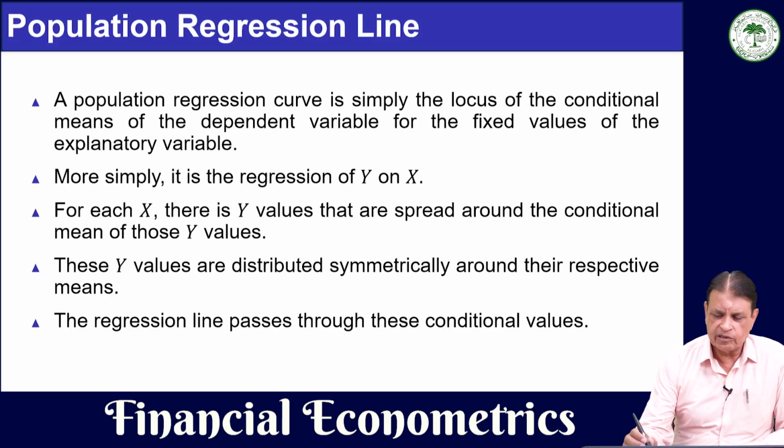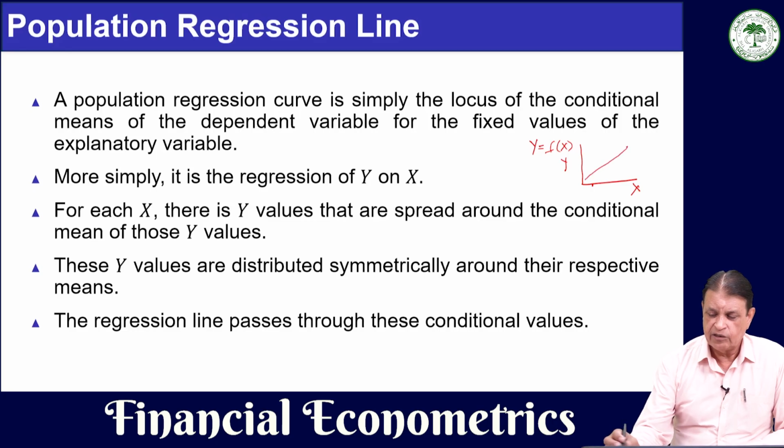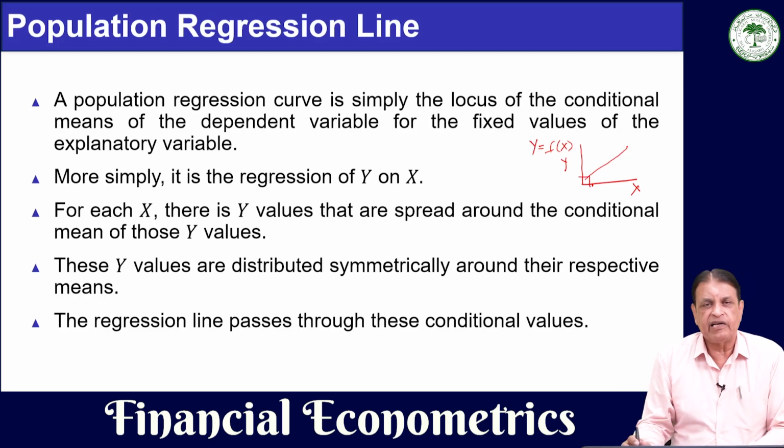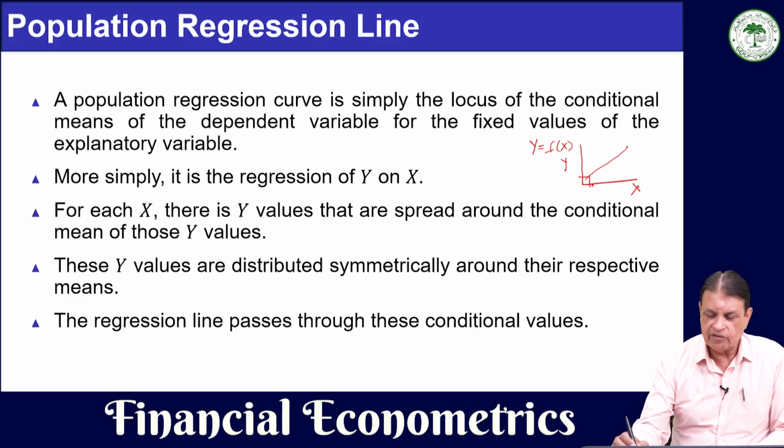Let me tell you, suppose we have a function like this, y is a function of x, and we have plotted it on a graph like this, with y here and x here. This is the given value of x, and this is the line. So with this one value of the independent variable, there will be only one value of the dependent variable. But if there are several values of the dependent variable that are associated